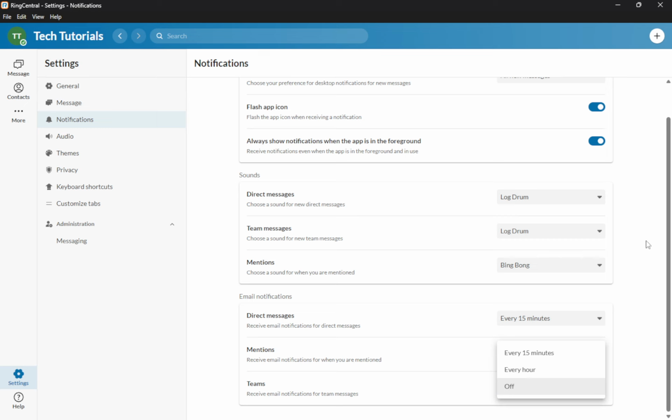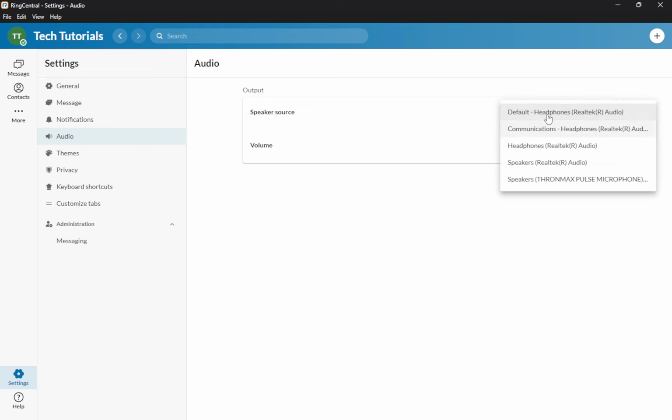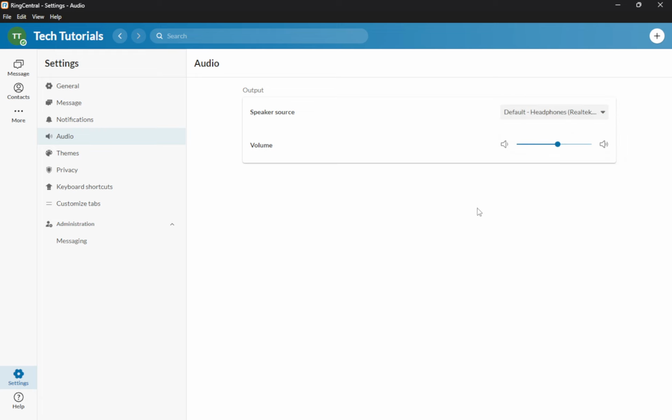While you're in the same panel, you can optionally adjust sound settings. Pick a notification sound you can recognize quickly and set the volume to a comfortable level. If you use a headset or external speakers, make sure the correct output device is selected so you actually hear the alerts. That's it. Open the app, head to Settings, select Notifications and Audio, enable desktop notifications, choose the alert